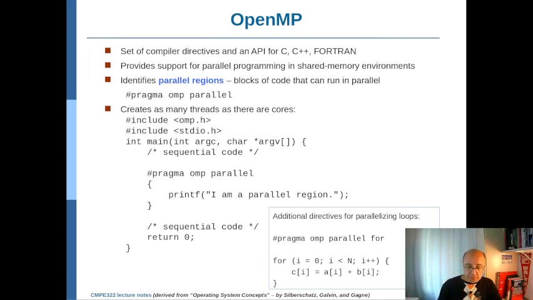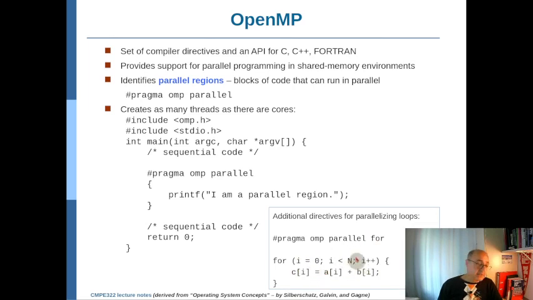So if you want to use parallel for in OMP, you say sharp pragma OMP parallel for, you should write for here now, and then you have your for loop, and in this for loop, let's say we have